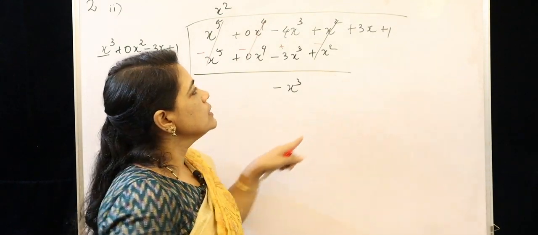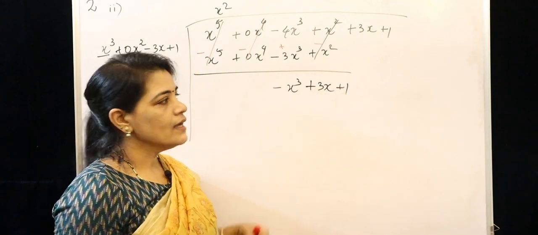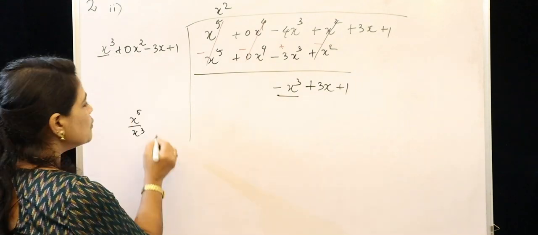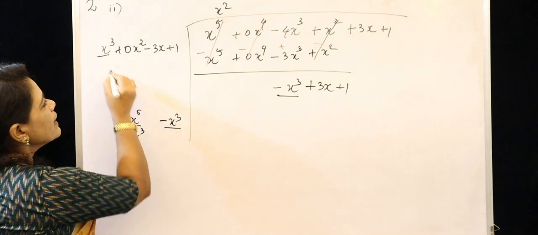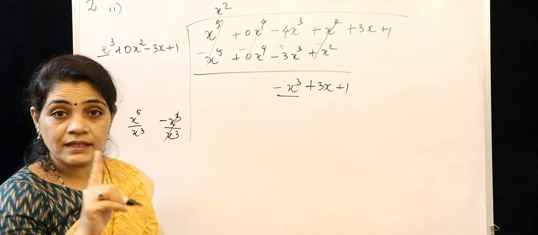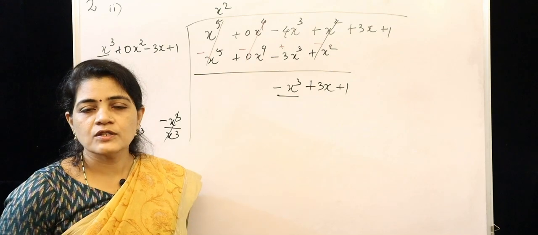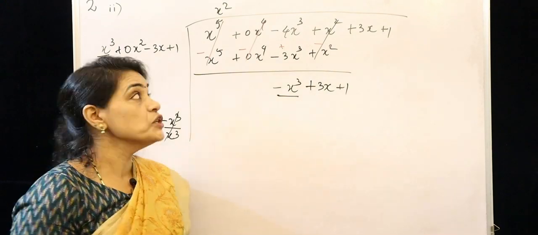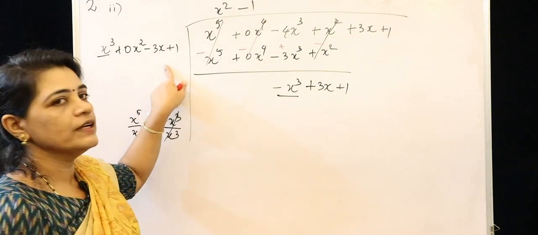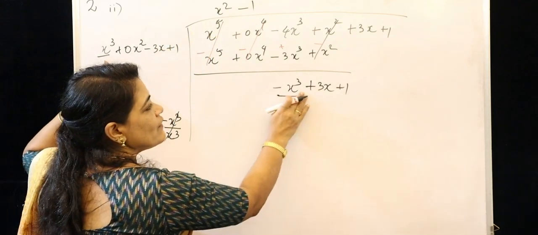Now we can bring down this plus 3x plus 1. Okay. So we can consider the first term of the new polynomial, that is minus x³, divided by x³. So x³ and x³ get cancelled, but the coefficient of minus x³ is minus 1. Okay, so the coefficient is remaining there, so negative 1 will be there. So with that negative 1 we can multiply every term in the g(x). So negative 1 into x³, negative x³,